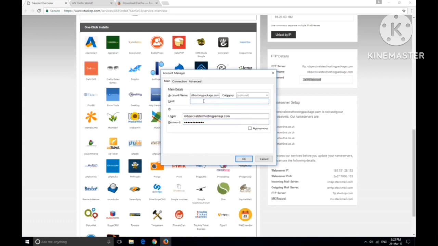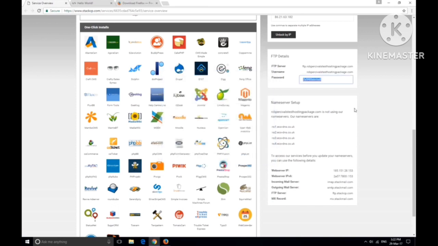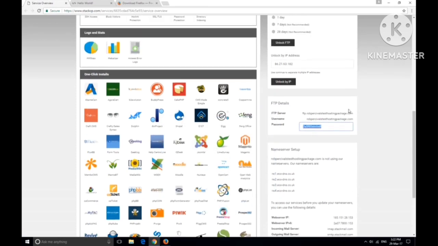And finally, we're going to use the FTP server ftp.stackcp.com. You can use the FTP server, but only if you've purchased the domain name. Wonderful. Then click OK. One more thing we'll need to do before we can connect is we'll need to unlock